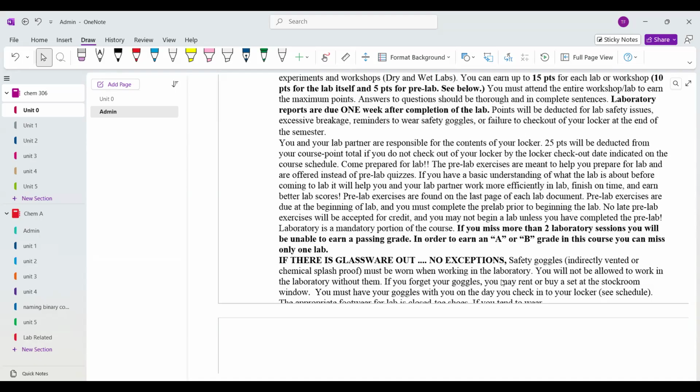The reason we specify that brand is that about 2 years ago we tested the inexpensive chemical splash proof goggles, and they didn't work very well. You can go to Home Depot for $4 and buy chemical splash proof goggles. Those are the ones that didn't work. They're very uncomfortable and they don't seal against your face. With chemical splash proof goggles, if you get liquid on your face, you want it sealed and not touching your eyes. These failed in that regard.